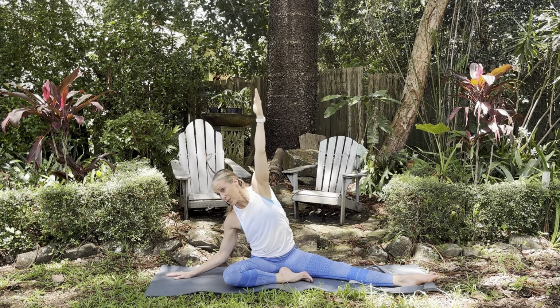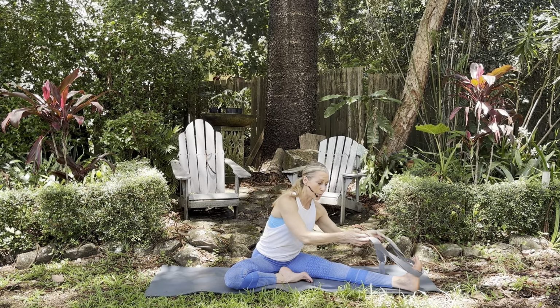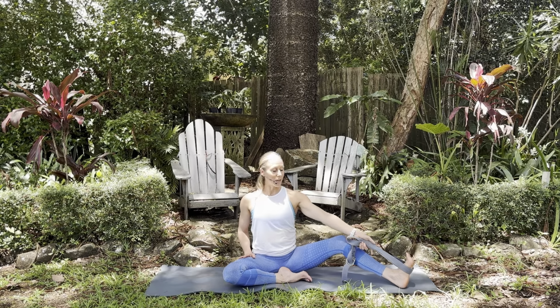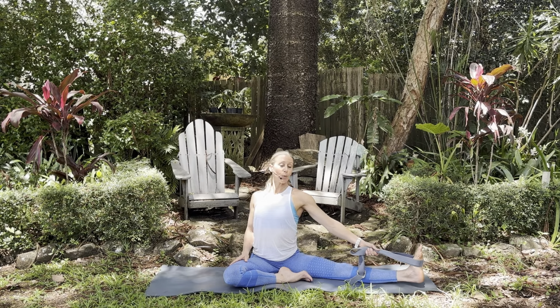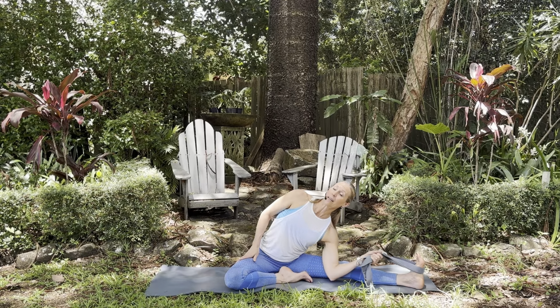On the in-breath, please rise and recapture your tubing or your strap or your towel, whatever you're using. And this time, square your heart towards me, towards your pelvis. Bend this knee again if that feels best. And please begin with your left hand on your left thigh. Take a breath in as you aim your right shoulder towards your right foot and gently laterally flex, side bend